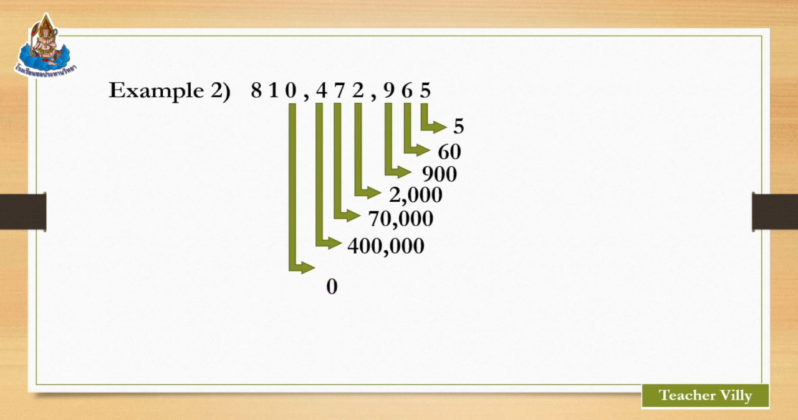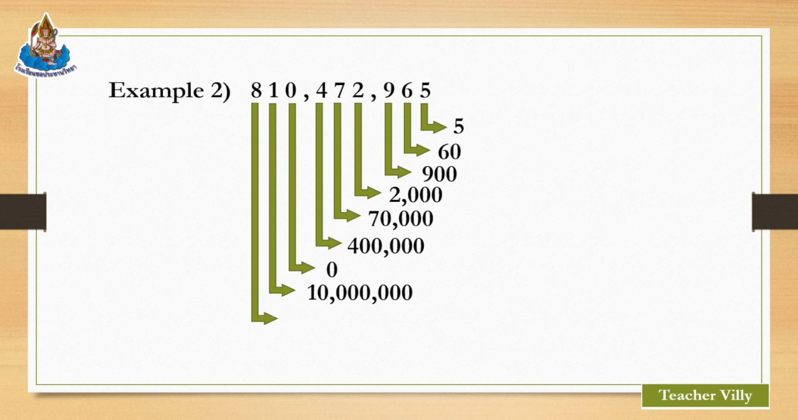Correct. It's 0. What about the value of the digit 1? Correct. It's 10 million. What about the digit 8? Yes, it's 800 million. Now, let's write this number